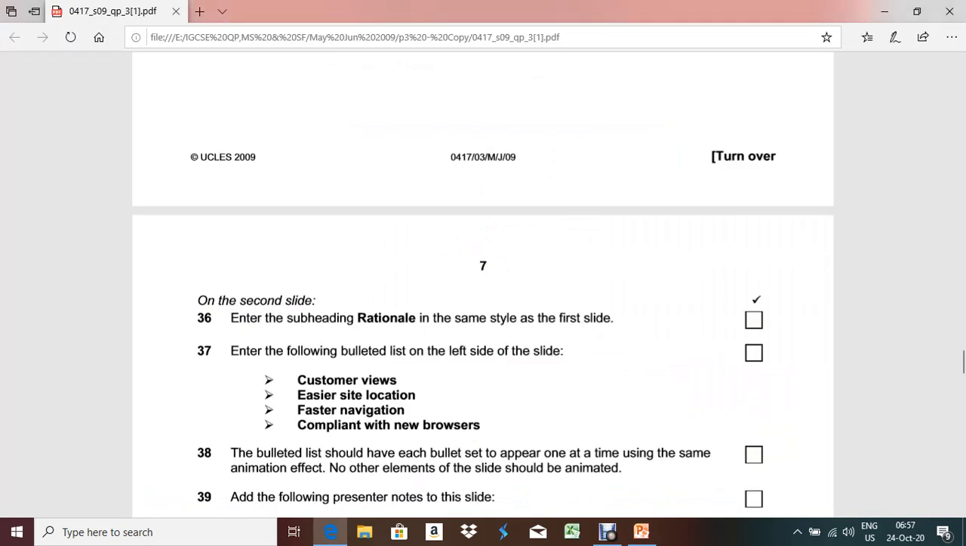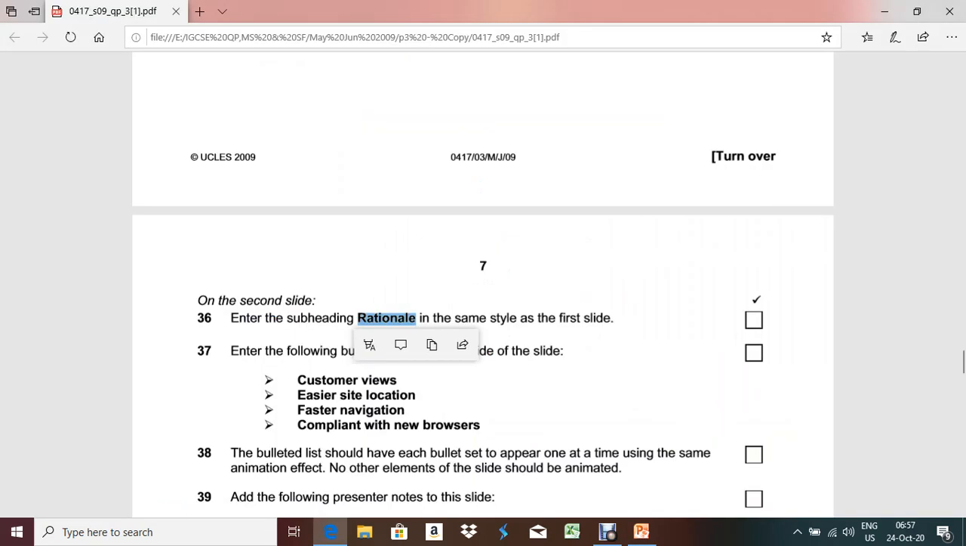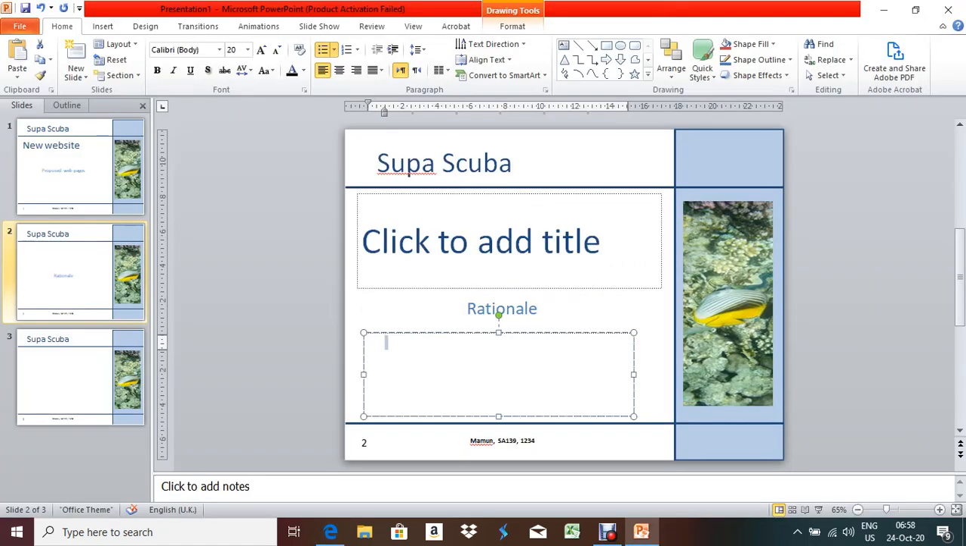What they're asking, enter the subheading rationale. You have to write it down in subheading, and don't delete this thing here. What is written here? Click to add, because it will not be visible when you run the slide. Now next one, enter the following bulleted list. Customer service. First you have to write down customer service, this one, customer service, then